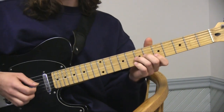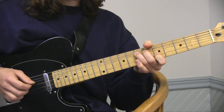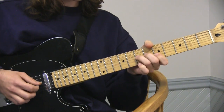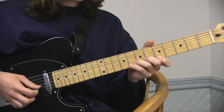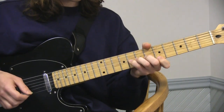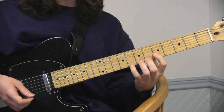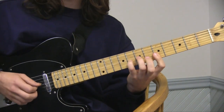And the main thing you're doing here is you're closing that whole step between this D and this E. You're using these 2 fingers to bend the G string up to match the E. And then you're using these 3 fingers here, or if you want to, you can use those 2 fingers there, to make this G match this A. And if you look at it, the main notes you are focused on are this E, this G, and this A. So it's kind of like...